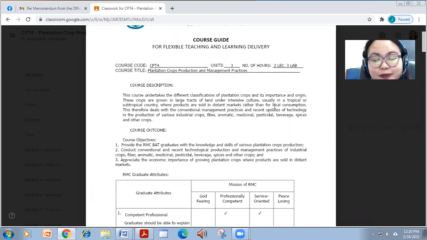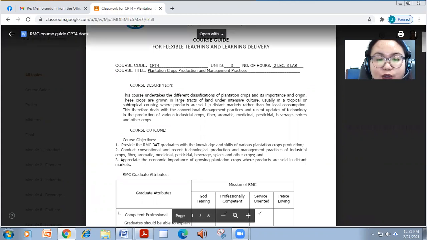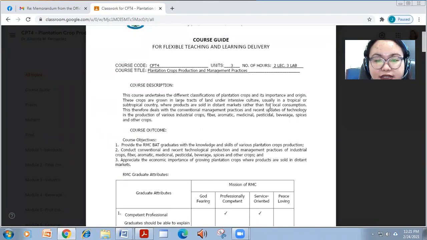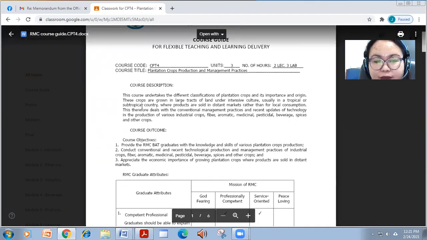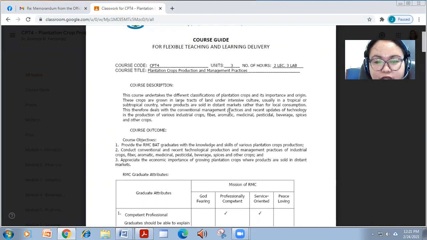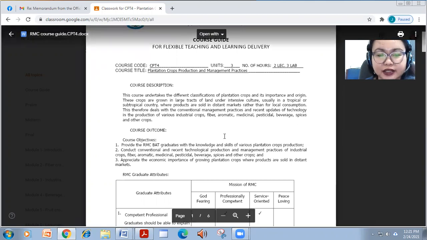These crops are grown in large tracts of land under intensive culture, usually in a tropical or subtropical country, and sold into very distant markets, usually for export, and not much for local consumption or domestic use. There are various industrial crops like fiber. They can be classified as aromatic, medicinal, pesticidal, beverage, or spices, and others.